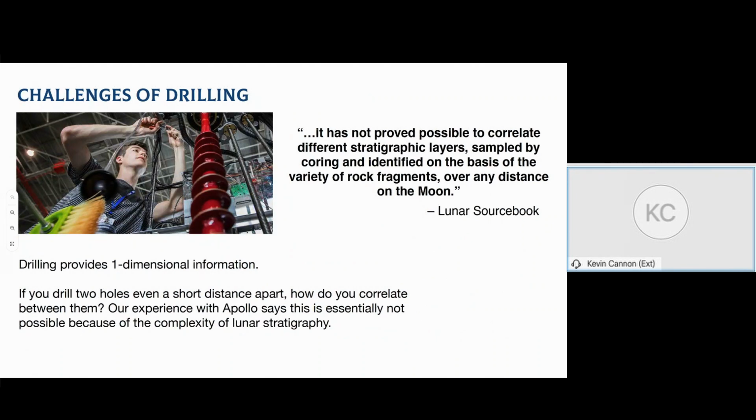There's a lot of talk about drilling, and for example, the Viper rover is going to use drilling, and I think we will get a lot of information out of that, but we have to keep in mind that drilling provides a one-dimensional piece of information from a single location. Now, you could say, well, we'll drill a whole bunch of holes and correlate between them, but this quote, right from the Lunar Source book: it has not proved possible to correlate different stratigraphic layers sampled by coring over any distance on the moon, okay? So if we go to the next slide,